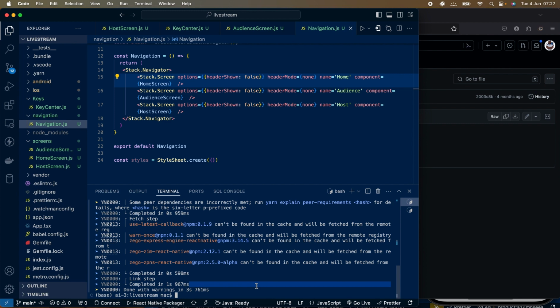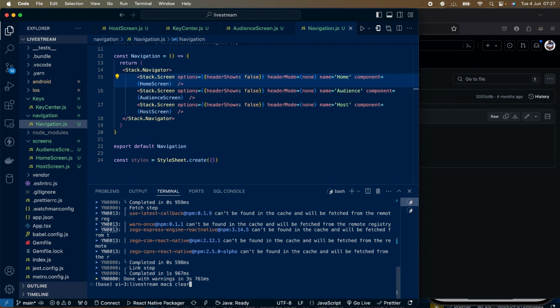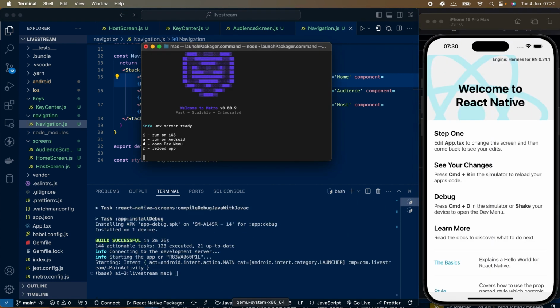Just say npx react-native run-android. I'm going to be running the Android. So our app